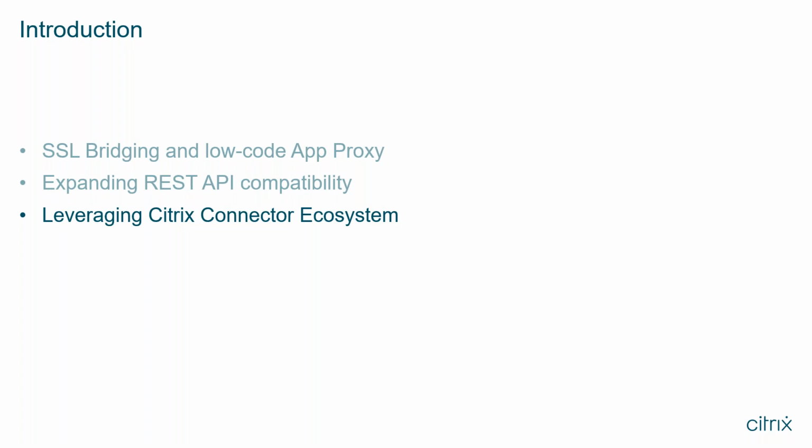SSL bridging, low-code app proxy. In essence, if we take a look at micro app implementation, usually the assumption is there is some sort of a RESTful API that hopefully is well documented. And that's the beauty of REST, because usually they are quite well documented inherently based on the RESTful architecture. So you will be able to talk to those systems, and for the most part we're talking about HTTP communications. You'll be able to send get, post, put requests, whatever. So it's fairly simple negotiation with the server about what you want the server to do.